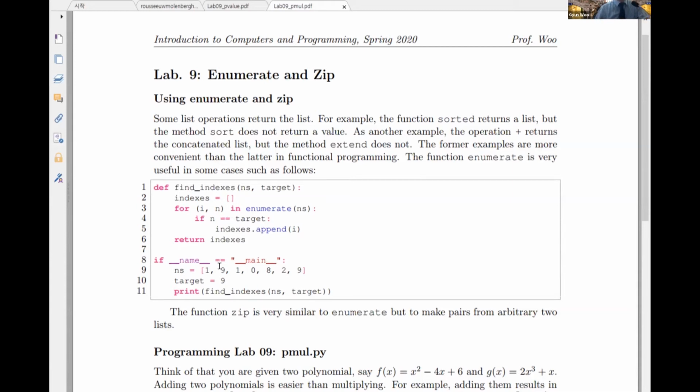Some list operations return the list. Most of all, the list constructor itself returns some value. But for example, the function sorted returns a list, but the method sort does not. It is a method just altering the state of an object, a list object. So let's compare them